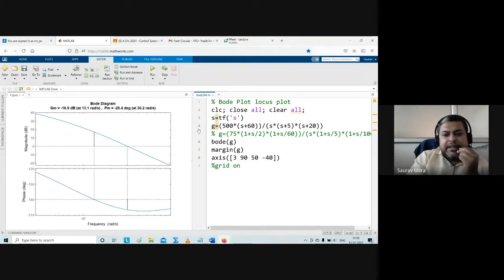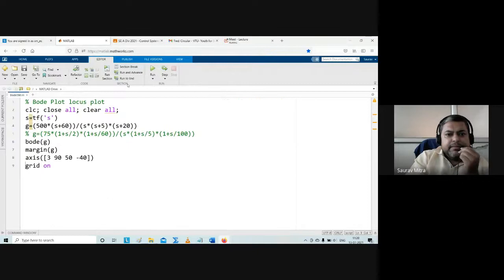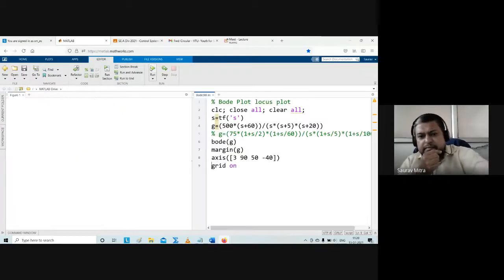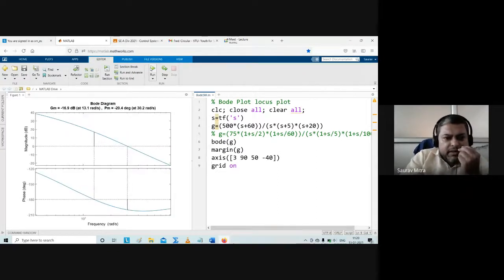Dekho, I have made grid on vanish. Okay, so now grid is not visible because grid on I have commented. That means here you are not able to see the lines here, only the top part. So let us show grid on, and let us do this lab. So every line, whatever we are doing, we should know.